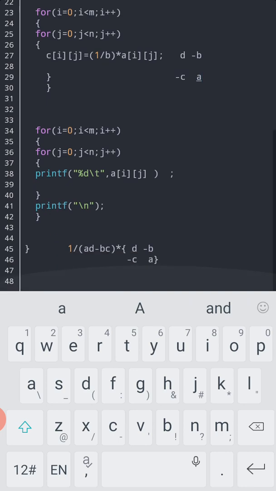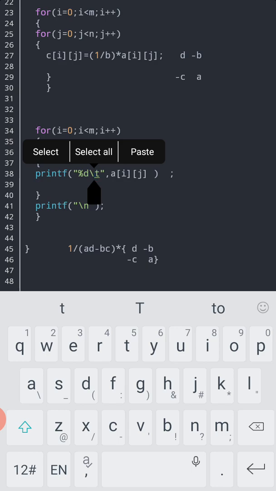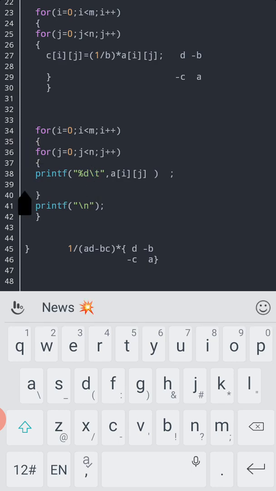Now the work is done, and finally we need to print the result. Here, to print as a matrix, I am using \t and \n. These are the escape sequences. The \t represents a new tab and \n represents a new line. These specifiers are very useful for us to get a matrix. I think I have conveyed the matter.